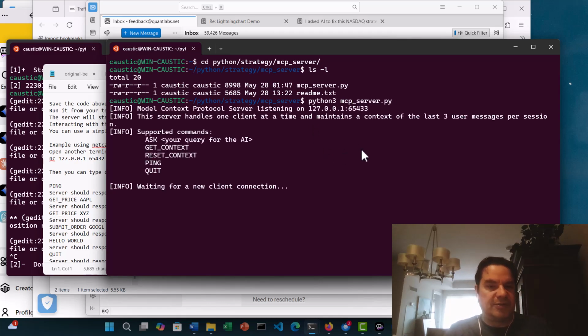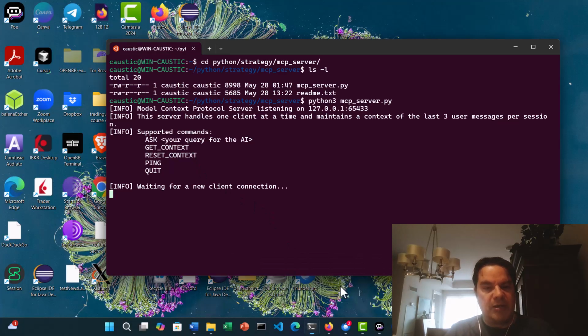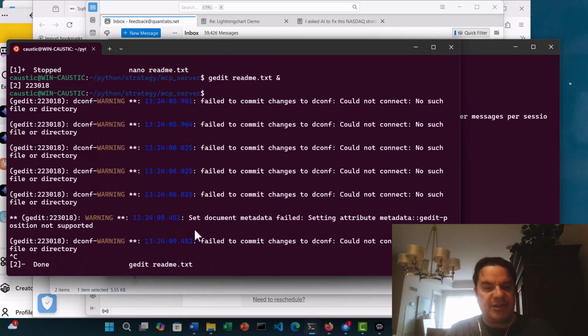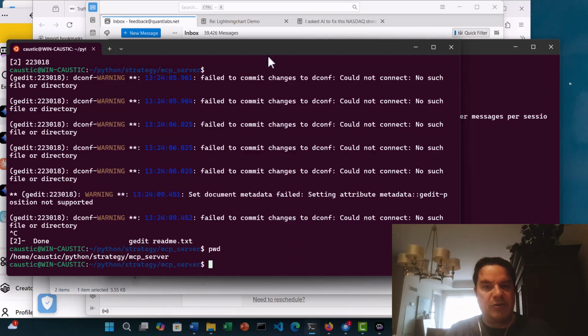I don't even know if this is a real server or not, but assuming you connect into it with MCP, connecting into the original concept of it from Anthropic Claude, you would ask your query to the AI, and then it would give you a bunch of responses. So in this case, as a simulation, we've got a server running, right? And let me just see. Yeah, so here, if you go into the README file,